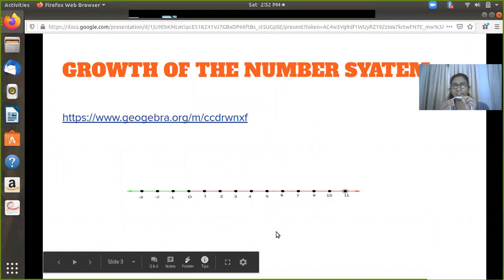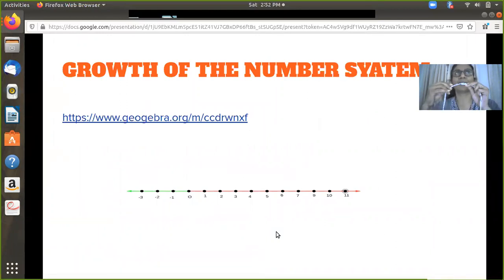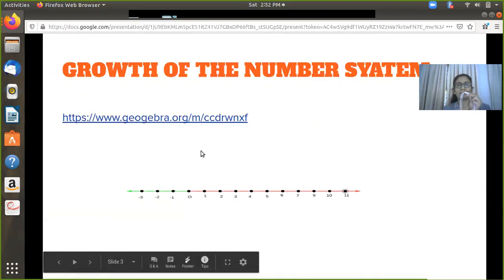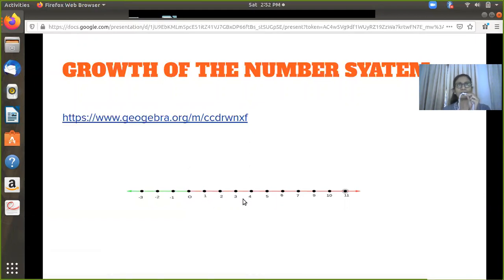So why rational numbers? Why is it that we have to introduce another system of numbers called the rational numbers? We are already familiar with 3 major groups of numbers, which we have been taking up one after another as we are progressing from one class to another. So we will focus on the number line and try to understand how this system of numbers has grown starting from the counting numbers. The counting numbers are the ones which start from 1, 2, 3, 4, and it goes on. And it was for the purpose of counting that these numbers were first introduced.